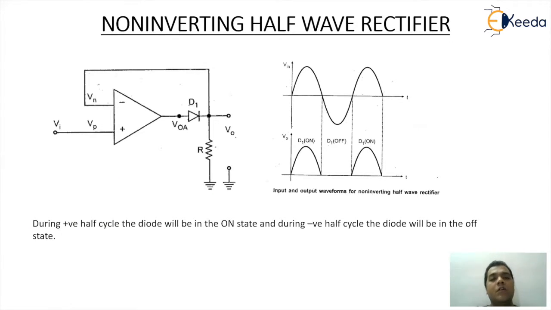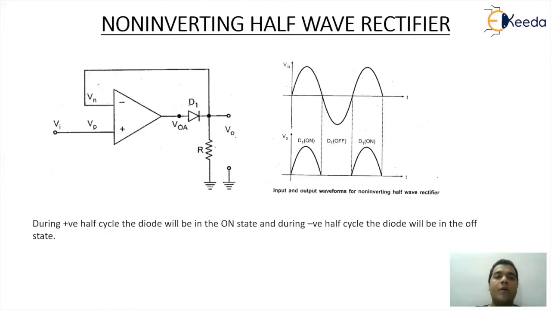So now we are trying to understand the concept of non-inverting half-wave rectifier. The circuitry design is very simple. We are using an op amp and the arrangement is a closed loop. The impact is going to be negative feedback. The input is given to the plus pin of the op amp, or the non-inverting pin. The minus pin, or the inverting pin, of the op amp is having an impact of negative feedback. The output of the op amp is going to control the status of the diode, and then the current will be flowing through R to develop an output voltage VO.